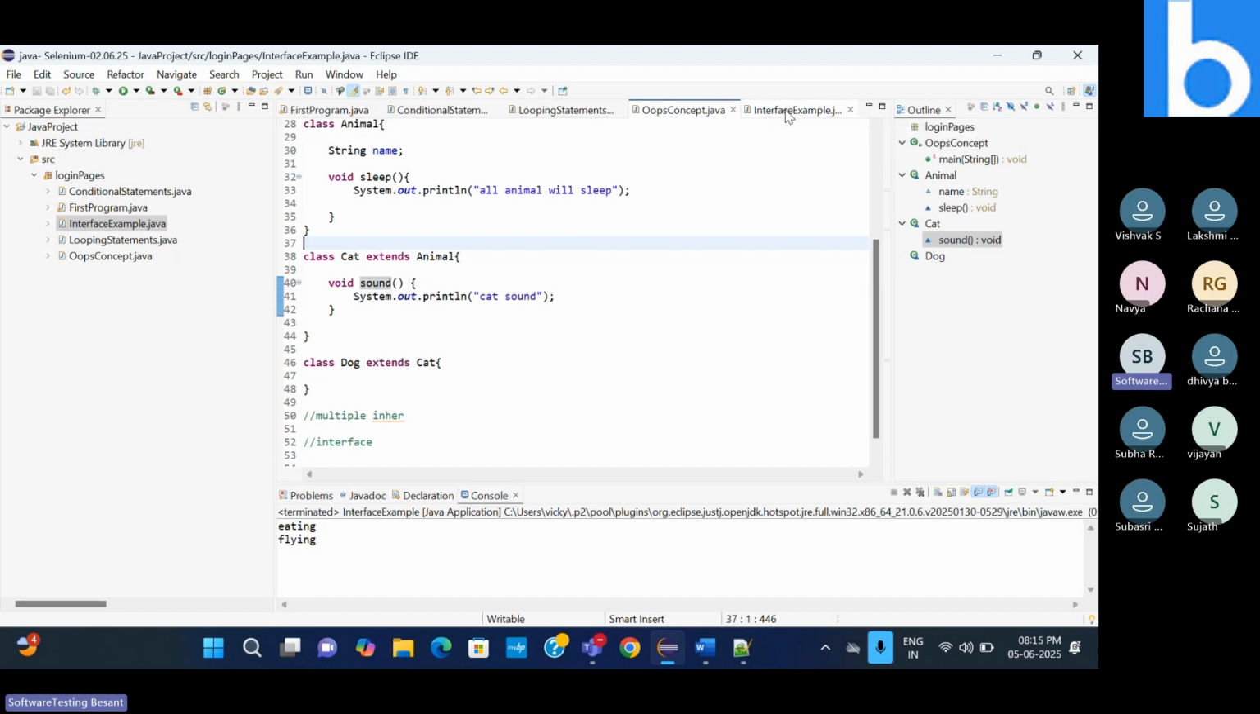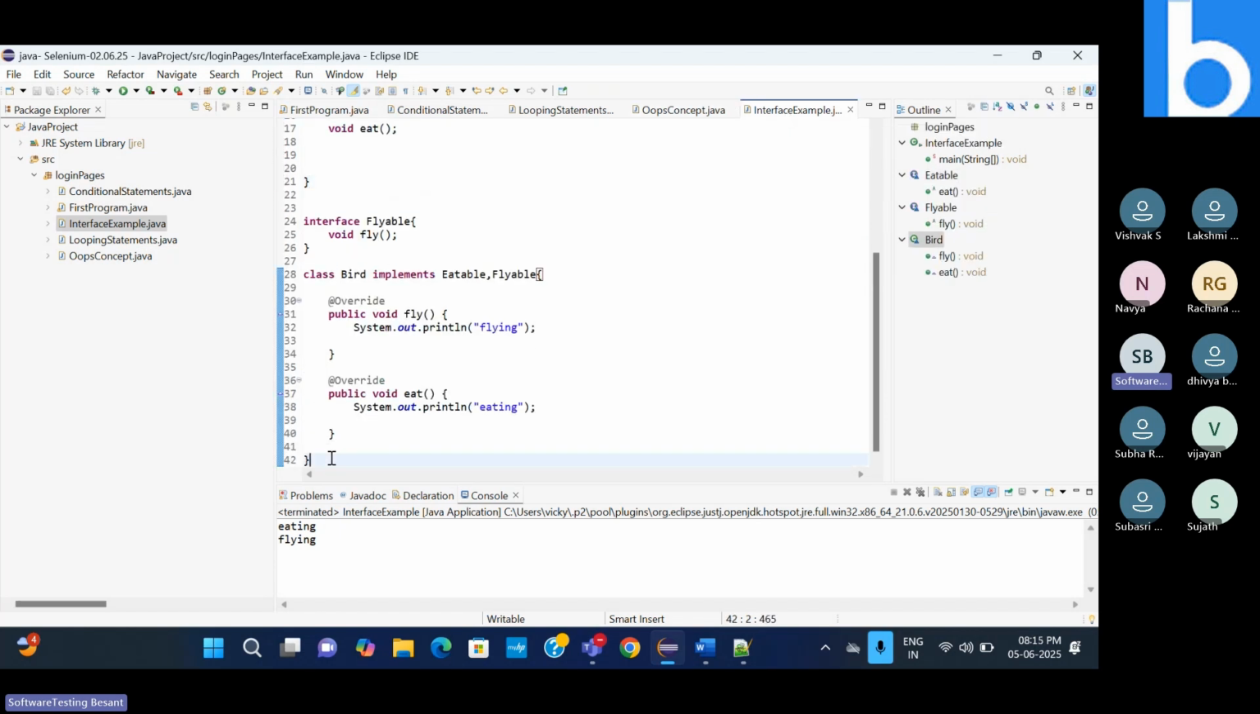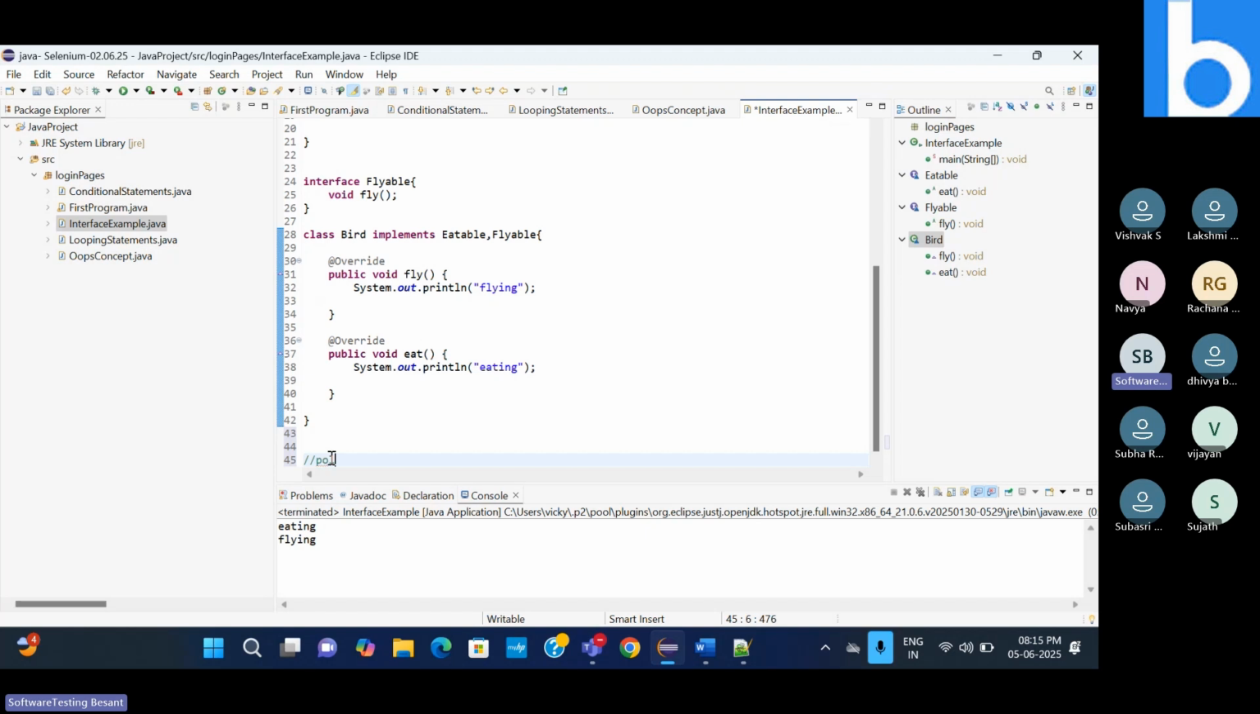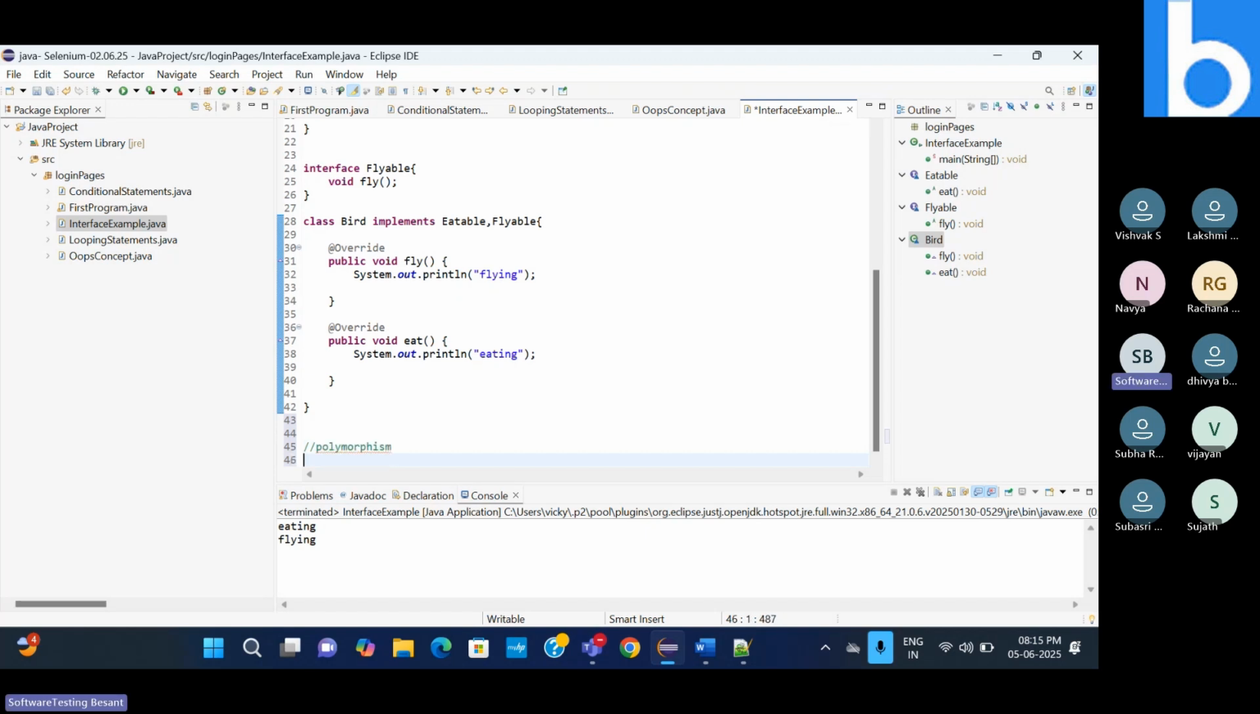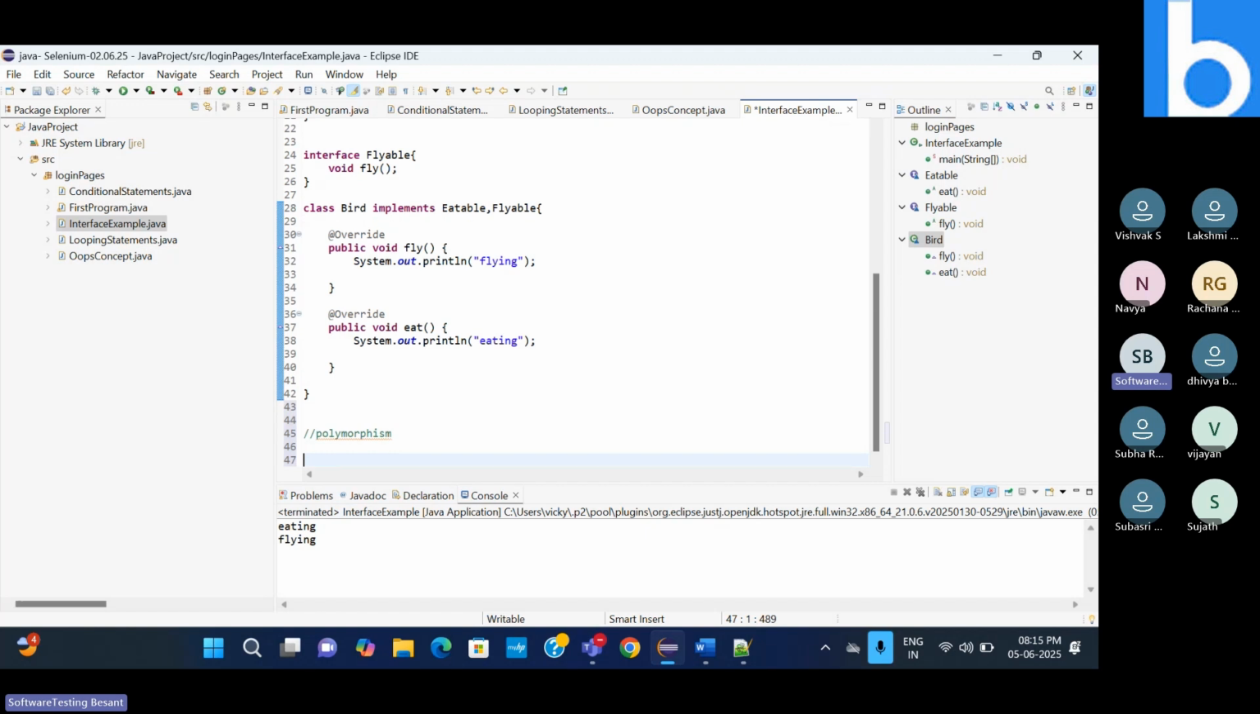Let's move to the next topic. The next OOPS concept is called polymorphism. Polymorphism means many forms. Poly means many, and morphism means different forms. So polymorphism means many forms. That means the same functionality can be defined in many forms. There are two types of polymorphism present. One is